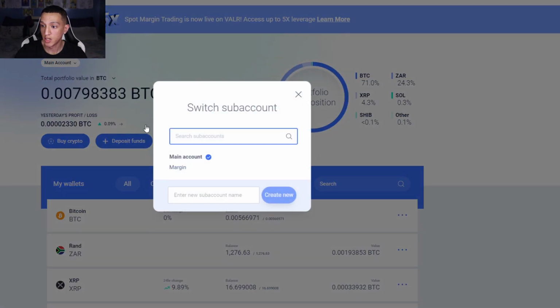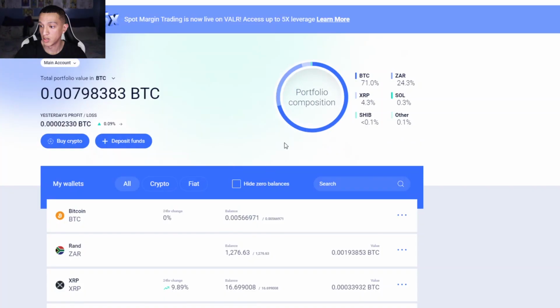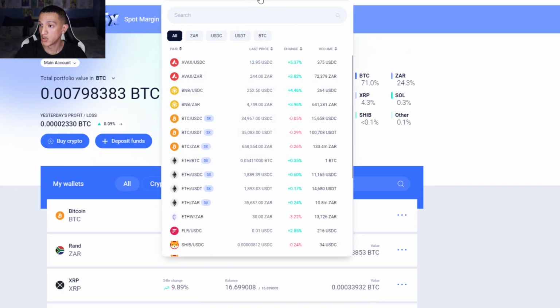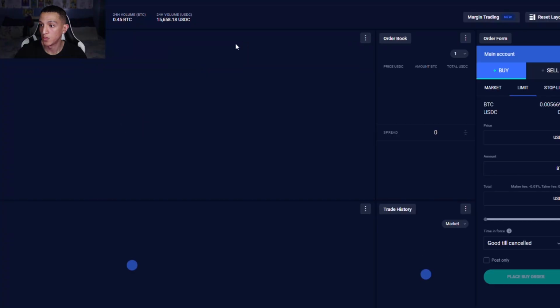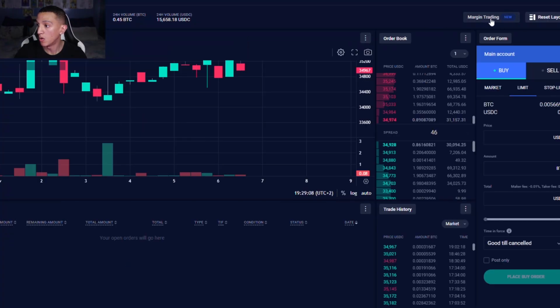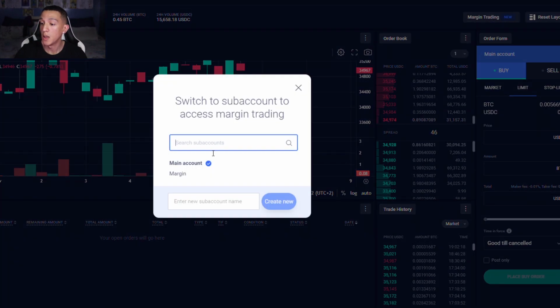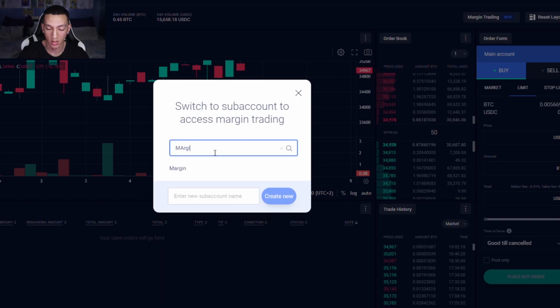As you can see, this is my main account. I already activated margin on this account, so you can see there's a margin tab. To activate it, go to the exchange and select BTC to whatever. You can see there is a margin trading tab at the top, so you'll just click this one if you want to activate it. Now they're going to ask you to use your main account or create a sub account. Here's a create sub account, which I already did. You'll just give it a name, which I said margin 1,